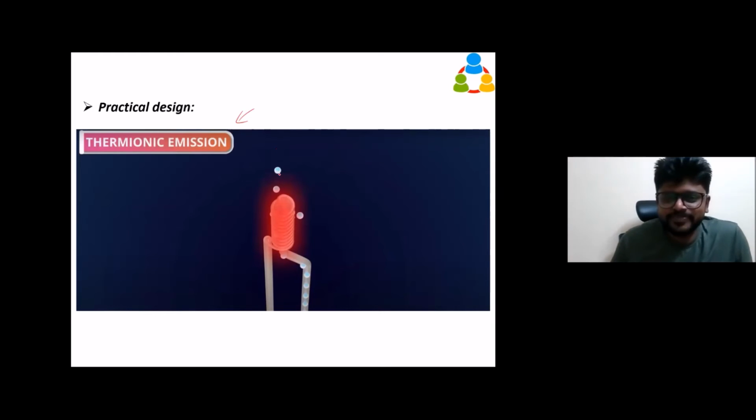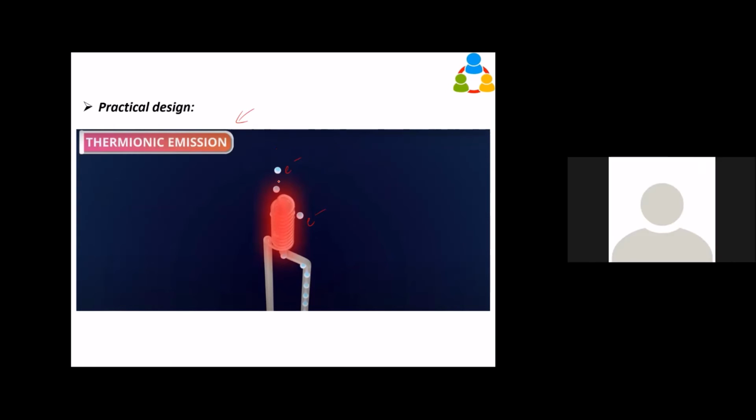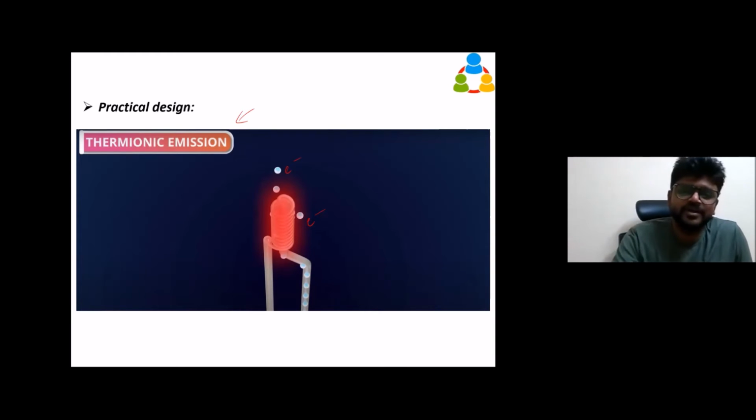Are you guys with me? See, these small blue balls are electrons. The electrons have been going through this cathode because of the heat in the filament, and the heat energy is absorbed, and the electrons start to jump off. Are you guys with me? Yes, sir. Okay. So this process is called thermionic emission. We have now successfully produced electrons from this cathode. But these electrons are not going to go away permanently. It's going to come back to this cathode only. It's going to take its path because it's connected to the positive terminal also, somewhere in the circuit. So it's going to come back.